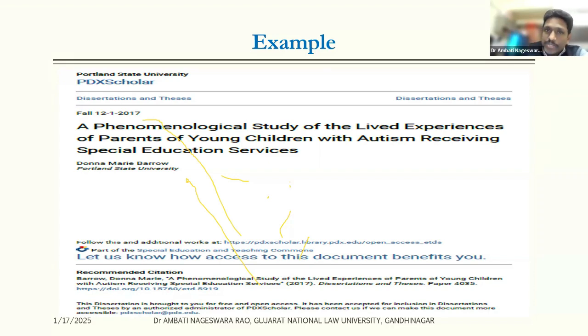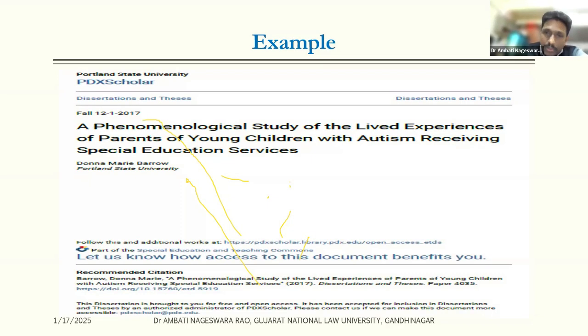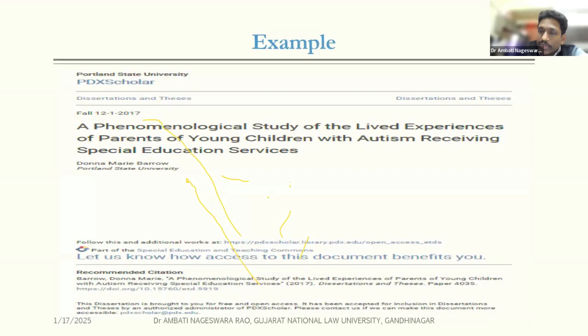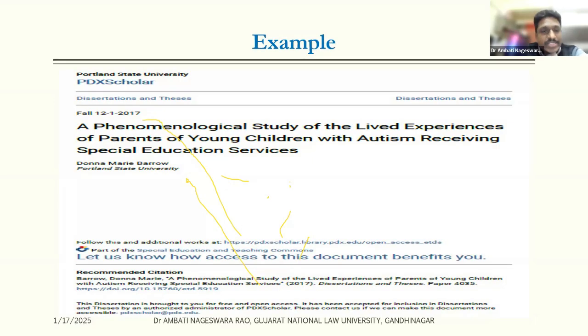For this particular second phase of the data collection, the researcher visited every house and asked all the parents to keep their photographs on the table, and they placed all the 10 photographs with the children. Then the researcher started asking what was the context of this particular photograph, who are the other children in the photograph, what happened when you visited with the intervention services or special education services, because as a part of the 10 photographs, different contexts were there.